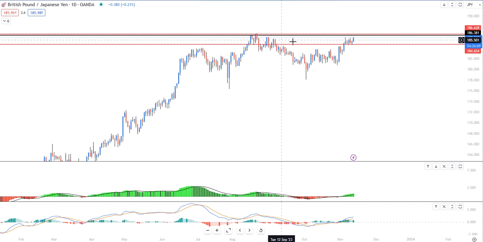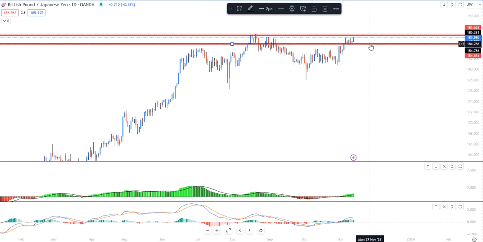Right? Just so that I can identify it. I'm doing the same thing for our support, and it happens to be in the same area as well. Right? Now, when your weekly and your daily are generally in the same area, then what we're really approaching is